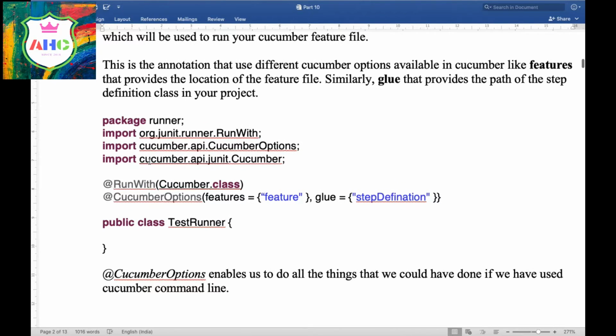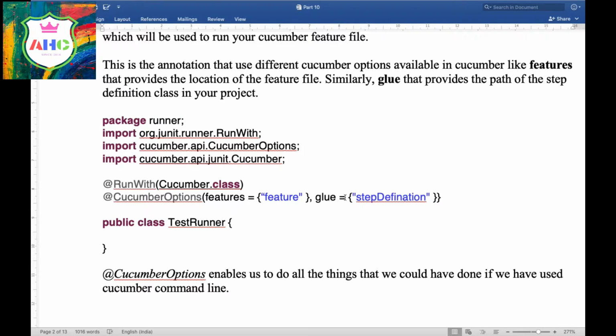Here is the example, and in this example you can see that I have created the test runner class and this is empty, and this is the way to pass the @CucumberOptions annotation. And in this annotation I have to use different Cucumber options, and these two are the examples, features, and under this feature I have to pass the path of the feature file available in my project.